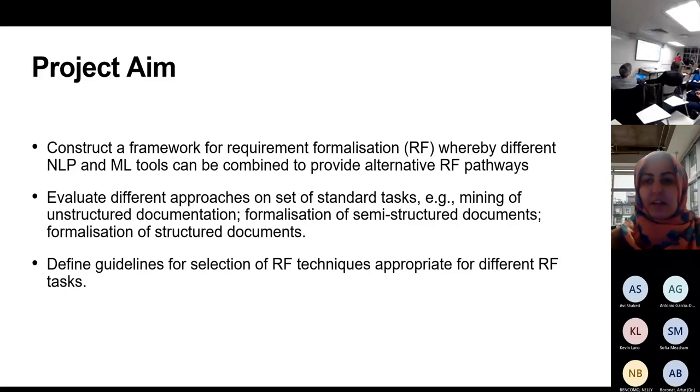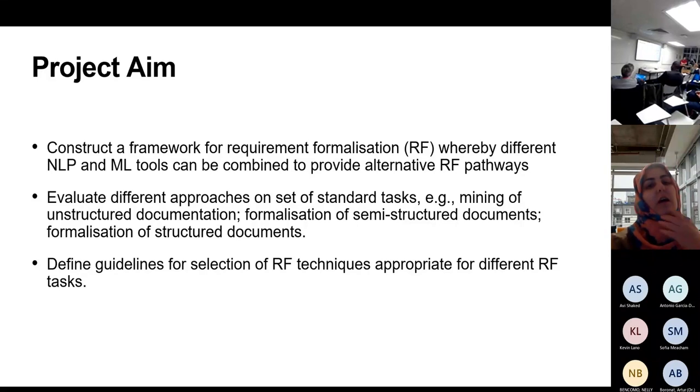The aim of the project was to construct a framework for requirement formalization, where we could apply different NLP, machine learning, or deep learning tools to apply different pathways to requirement formalization. Alternatively, we would like to evaluate different approaches on a set of standard tasks for mining unstructured, structured, or semi-structured documents.